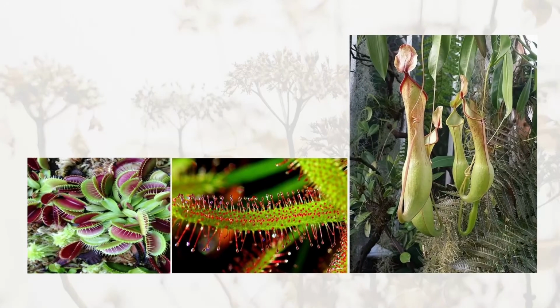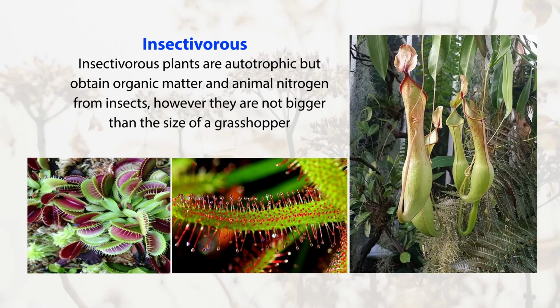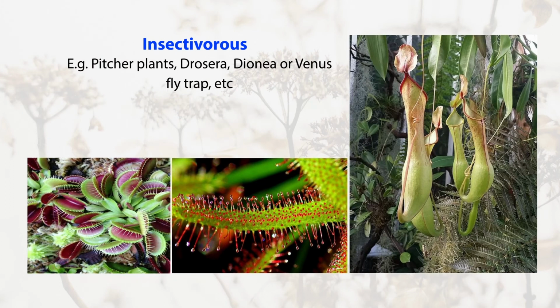Then you all have heard about insectivorous plants. They are also autotrophic, but they obtain organic material and animal nitrogen from insects. Though they don't eat insects bigger than the size of a grasshopper, there are many insectivorous plants. When an insect comes towards them, it gets stuck or trapped, and then they slowly digest it. So when you see any insectivorous plant, whether it is pitcher plant, Drosera or Dionaea, which we often call Venus flytrap also,